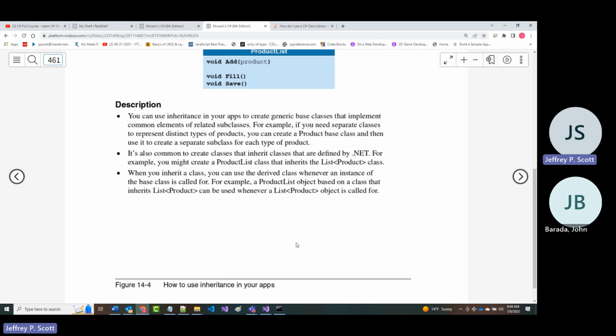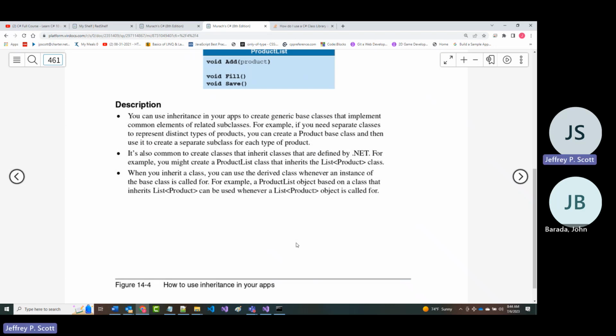So as mentioned here, you can use inheritance in your applications to create generic base classes that implement common elements of related subclasses. It says it's also common to create classes that inherit classes from .NET. That's the second example.